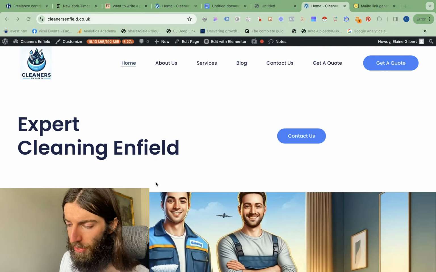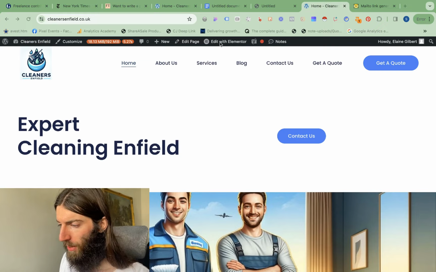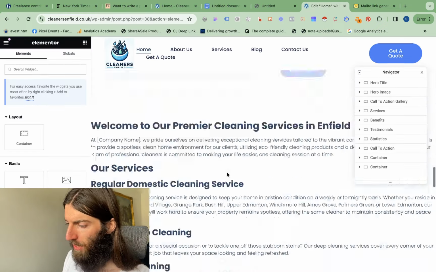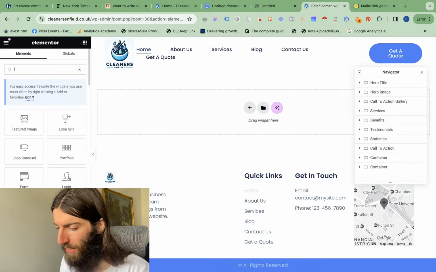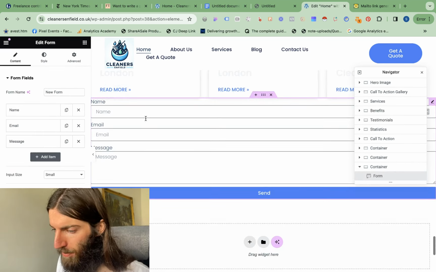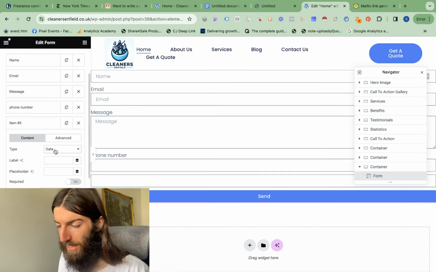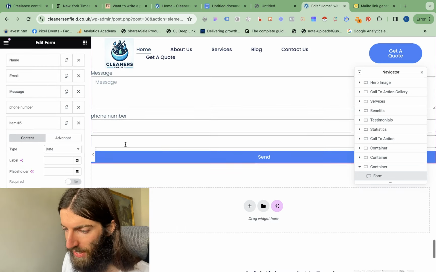But first, how do we build our form? So I'm putting mine on the home page. So we go to edit with Elementor, and what I'm going to do is come straight down to the bottom. I'm going to get a form widget and just drag that in here. Now, already it's pretty simple: name, email, message. I'm going to add in a phone number,